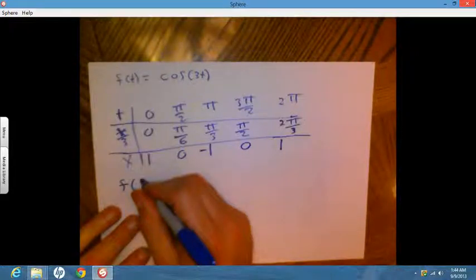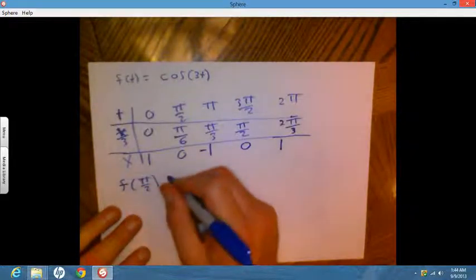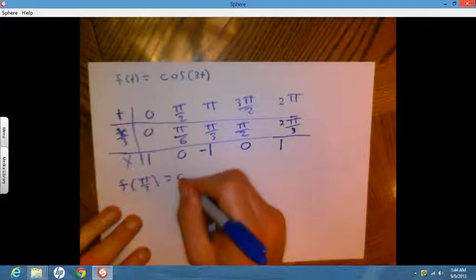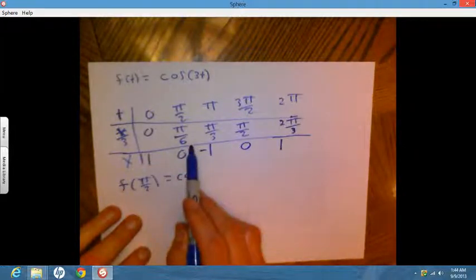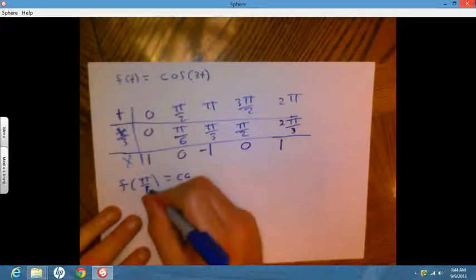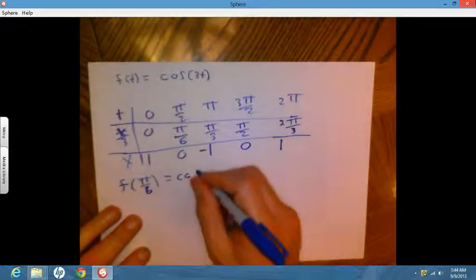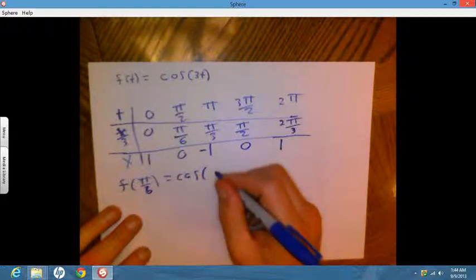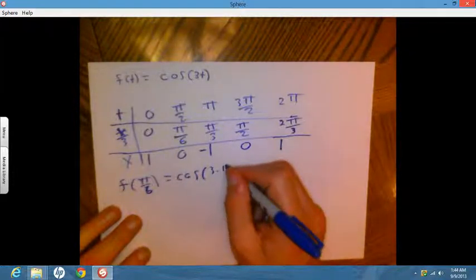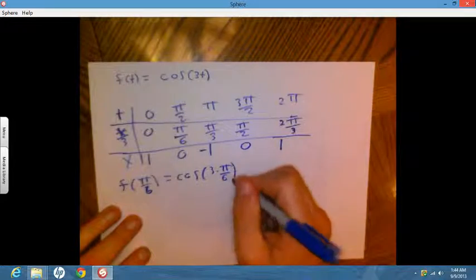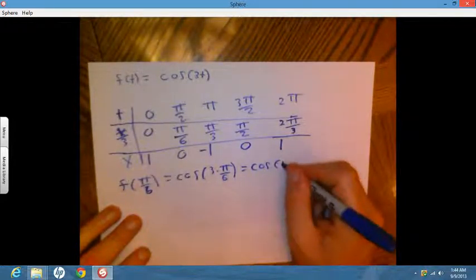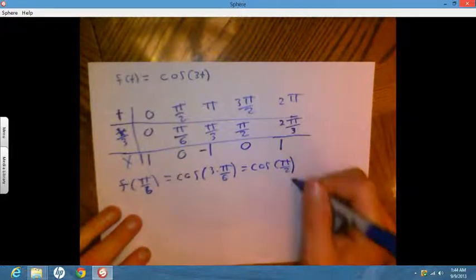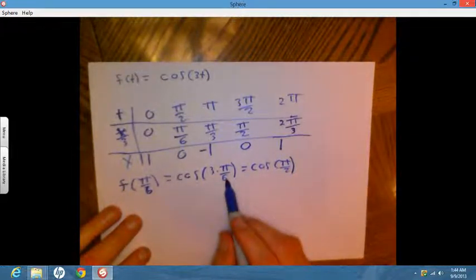Let's see what's going on here. I want to look at these values. If I look at f at pi over 6, this is going to be equal to the cosine of 3 times pi over 6, which is equal to the cosine of pi over 2, right? So what we're doing is it just takes that value of pi over 6 and